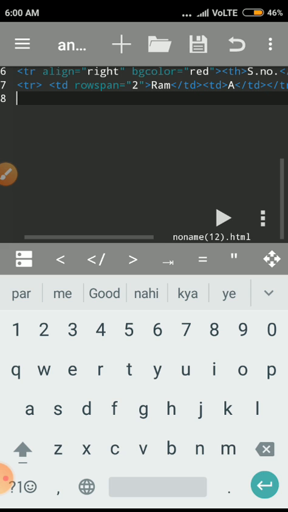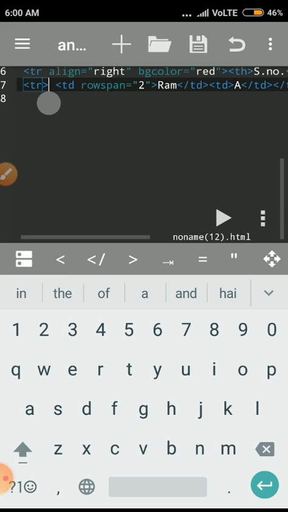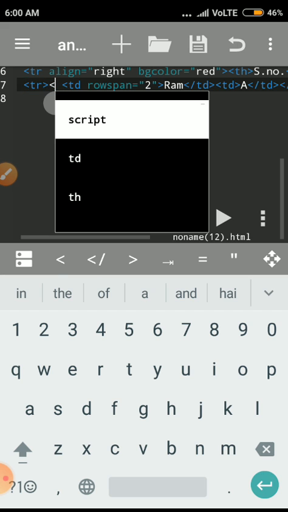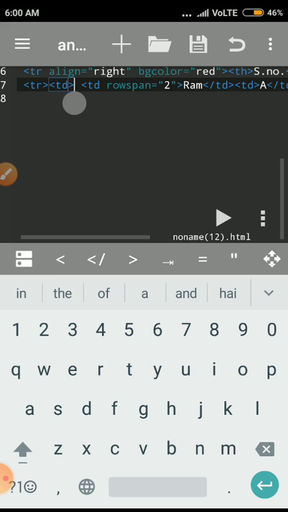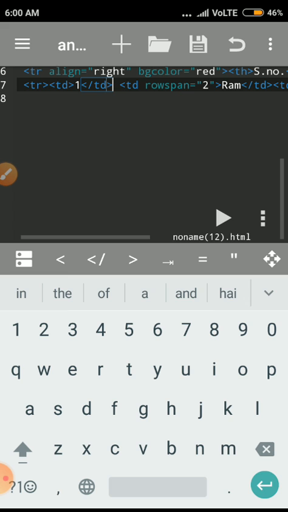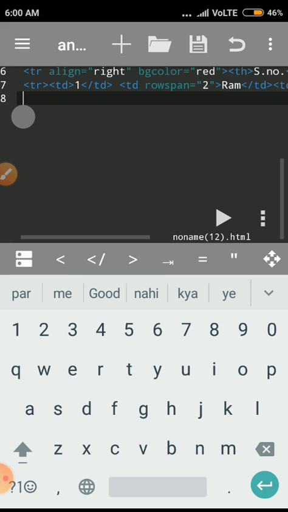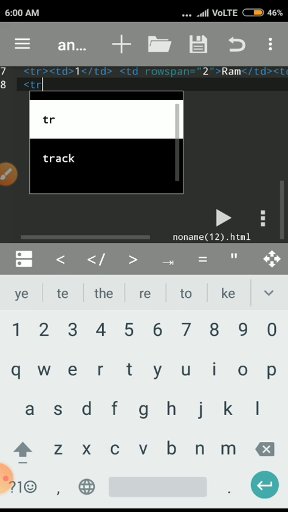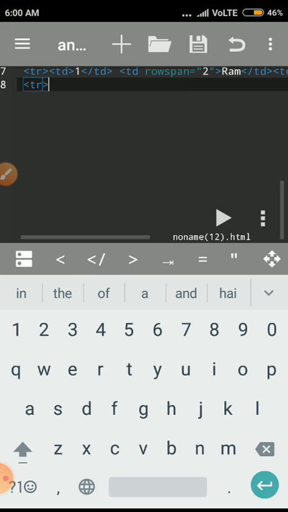Two rows, it means before it one more I give the td tag and serial number 1, then close the td tag. Okay, and then again here I started the tr tag, then opening the td tag, then here I give serial number 2, then opening tag,